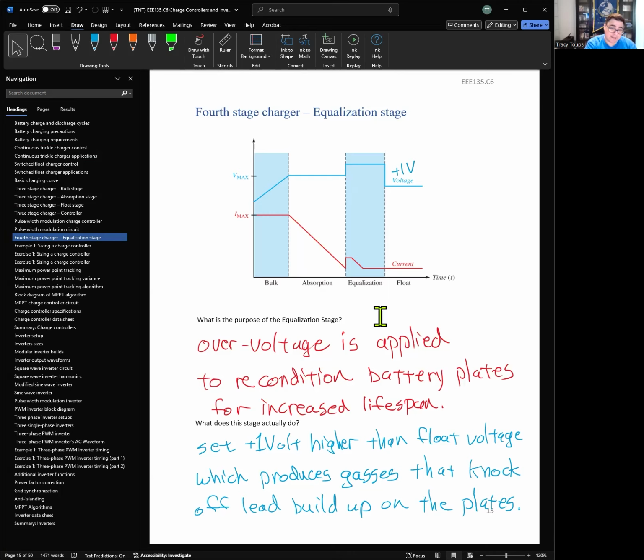A lead acid battery is acidic by nature. The acid will start melting the plates and doing a lot of bad chemical reactions to where eventually the battery dies. Now, we could prolong that death by cleaning the battery every so often. And that's what the equalization phase does. Okay, so the purpose of the equalization phase is we can actually apply a higher than normal voltage, called an overvoltage, to a battery